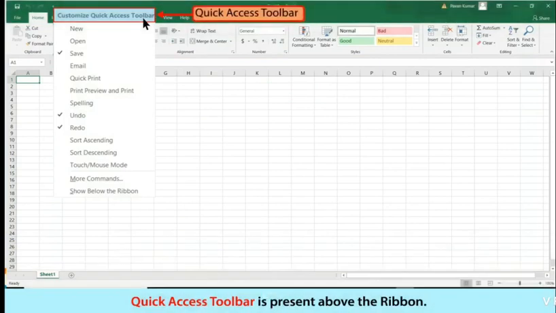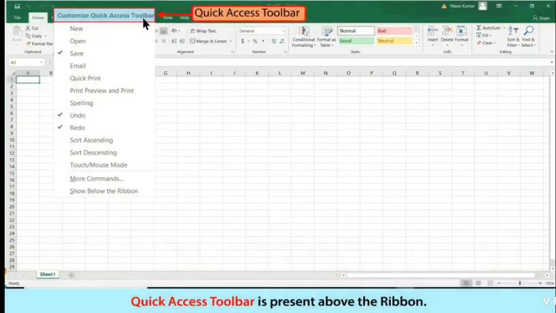In the live session I will explain to you what is the role of quick access toolbar. Suppose if you want to save the spreadsheet, then you have to click on the file, then you will click on the save, then give the location and the name of file, and then you will click on the save, then the file will be saved. So that is a very long procedure for saving a file. But if you use the quick access toolbar, you just click on the save and just give the name of file and click on the save, the file will be saved. So that is the use of quick access toolbar.